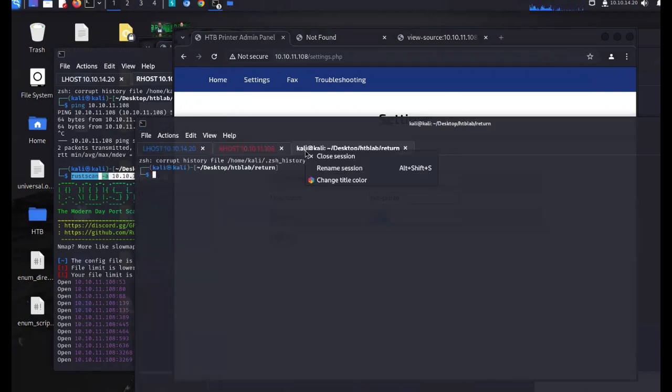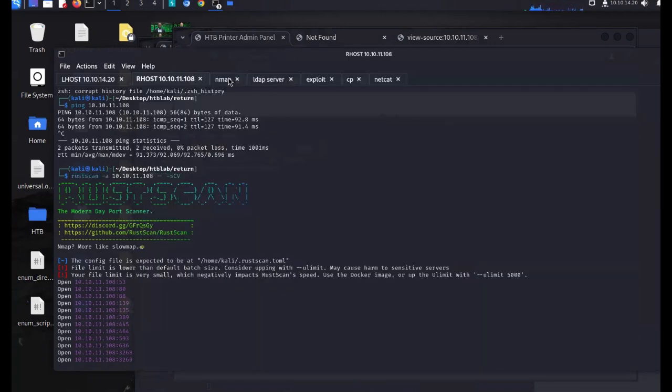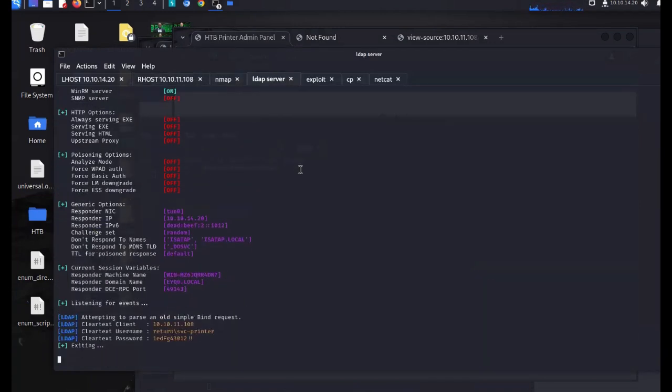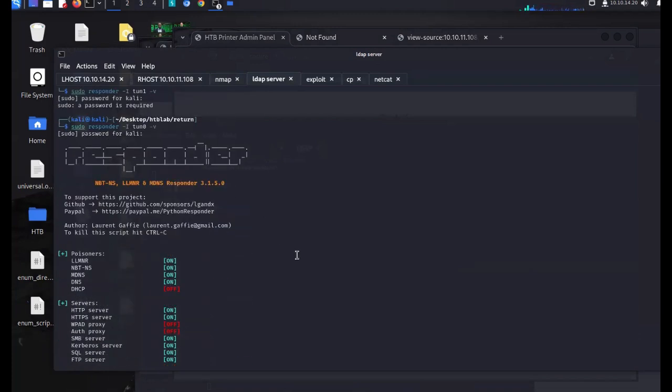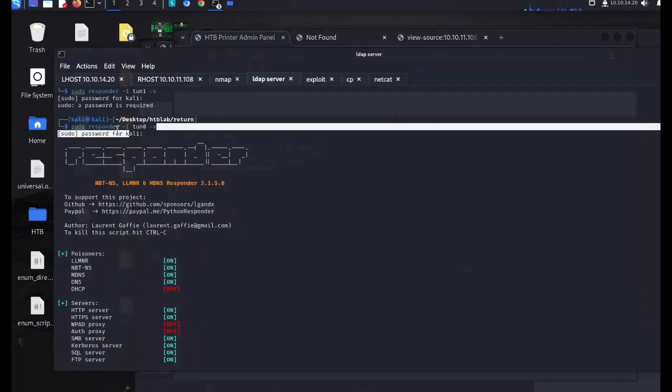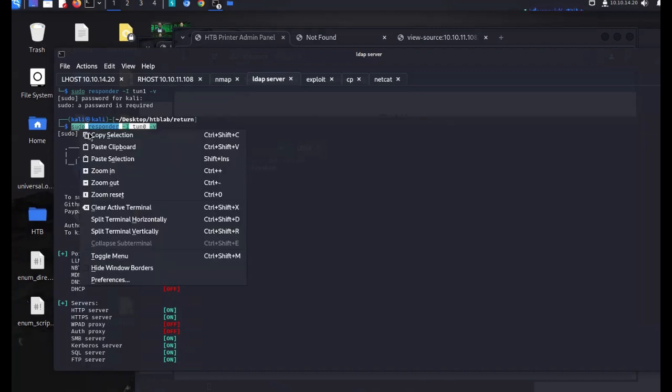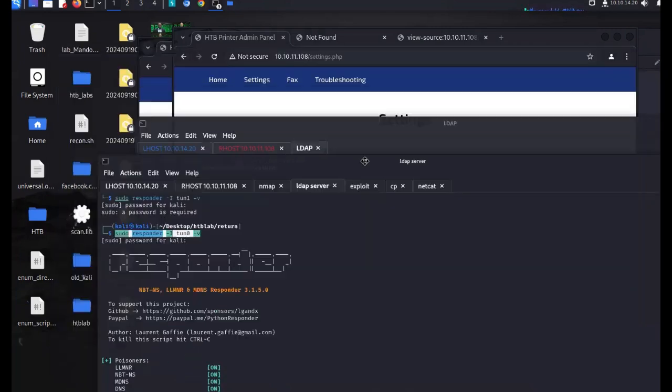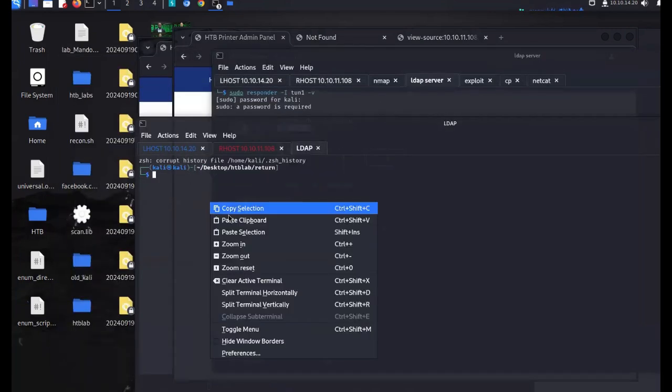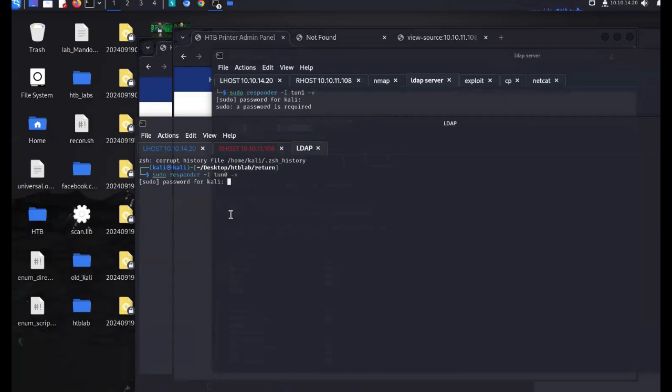But what we're going to do is open up a new one right here. We're going to start up an LDAP server. And I have it running over here, so let me go ahead and stop that from running. All right, great. So you'll take this command here, and I'm just going to show it so you can see it. We've got two consoles open. All right, so when you run this,